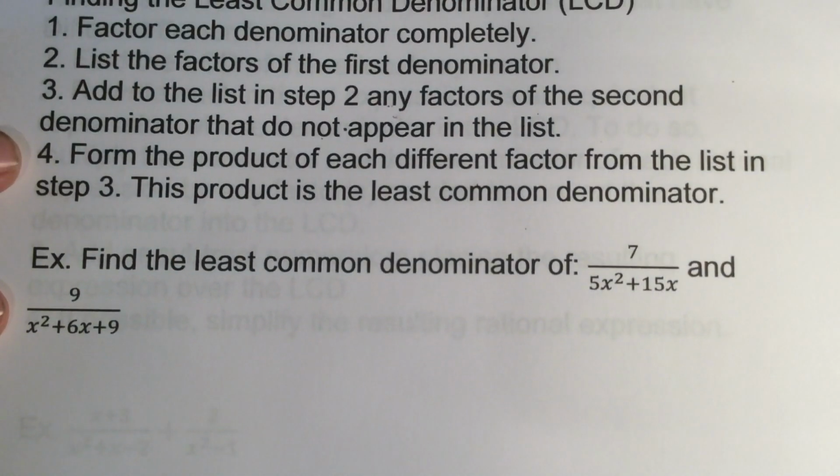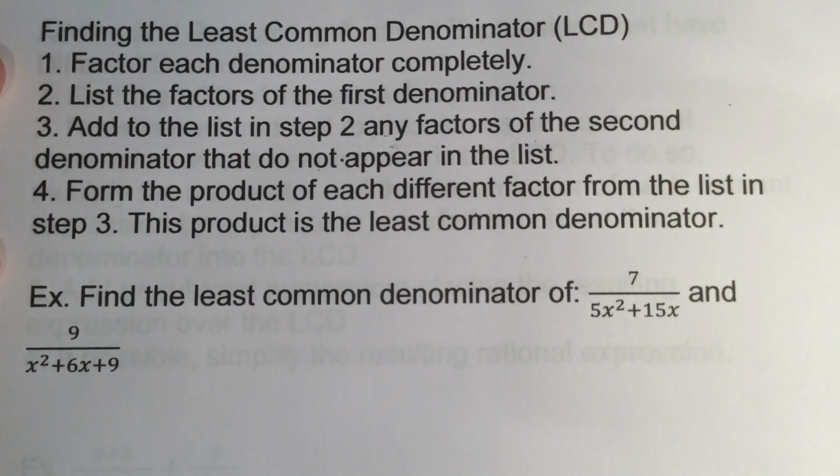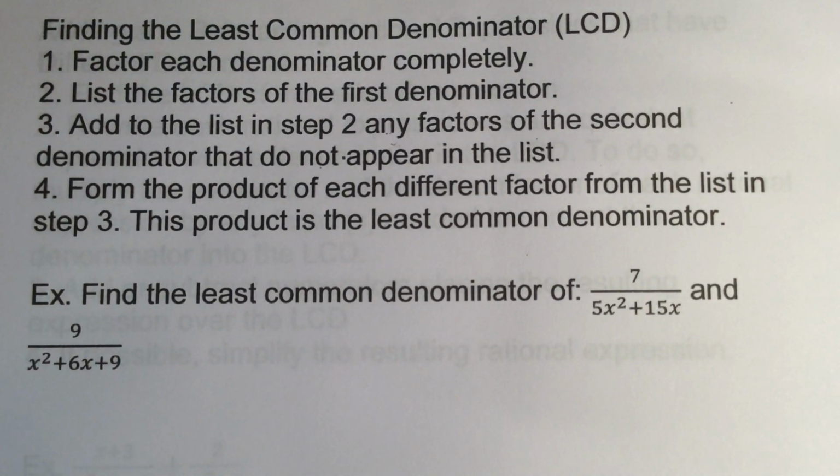So here's kind of some directions. You want to factor each one completely when you're finding that least common denominator. You're going to list the factors of the first denominator and then add to the list any of the factors in the second denominator. So think you're writing down what they have in common and then you're adding in what's